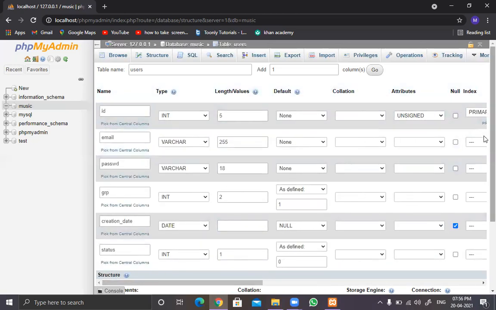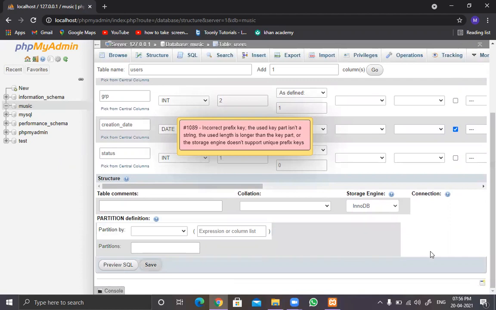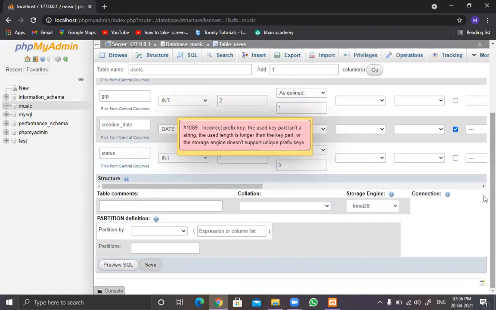And finally, click on the save button, and it's going to create your user. Prefix key used, key part isn't a string, length is longer than the key part.